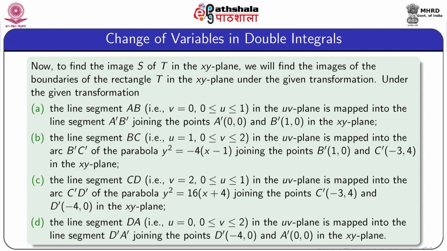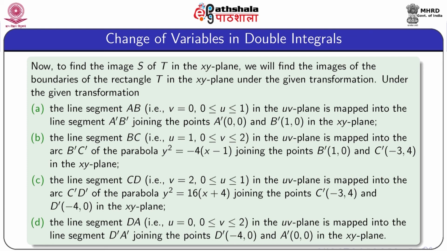We find that under the given transformation, the line segment AB, which is given by v equal to 0 and u belongs to the closed interval [0, 1] in the uv plane, is mapped into the line segment A'B' joining the points A'(0, 0) and B'(1, 0) in the xy plane. Next, the line segment BC, which is given by u equal to 1 and v belongs to the closed interval [0, 2] in the uv plane, is mapped into the arc B'C' of the parabola y square equal to -4 times (x minus 1) joining the points B'(1, 0) and C'(-3, 4)